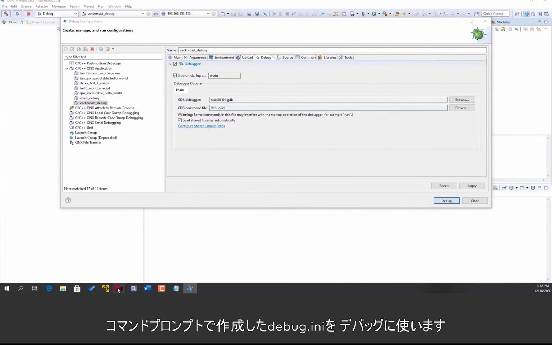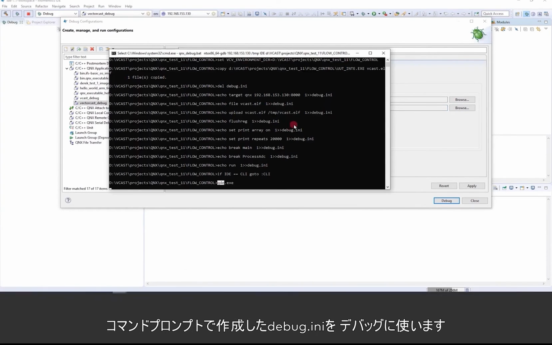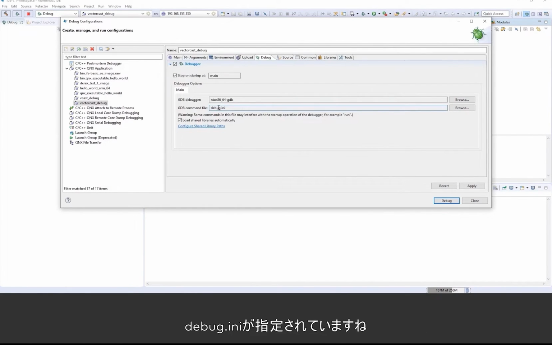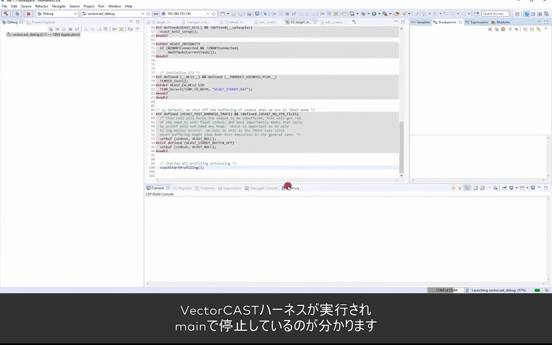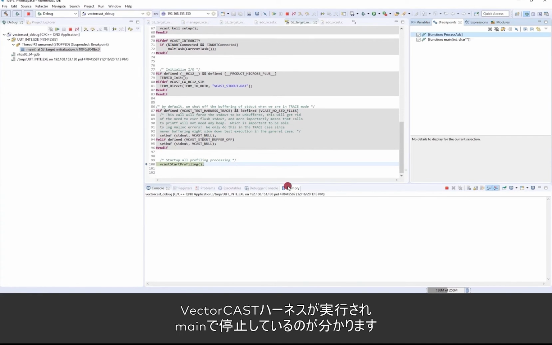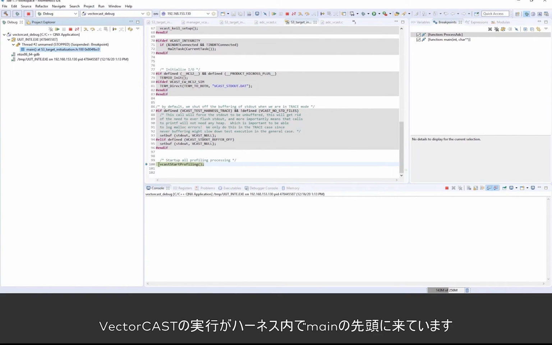So if we go back to our prompt here, this debug.ini is what we want to use for our debugging. Okay, so we've got our debug.ini. Now we want to apply this, and now we can select debug, and this should bring up the VectorCast harness into main. So you can see here we're inside of main. We stopped at main, and VectorCast is sitting here with the prompt right at the very start of main